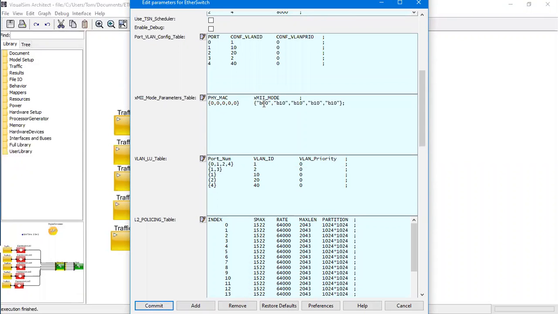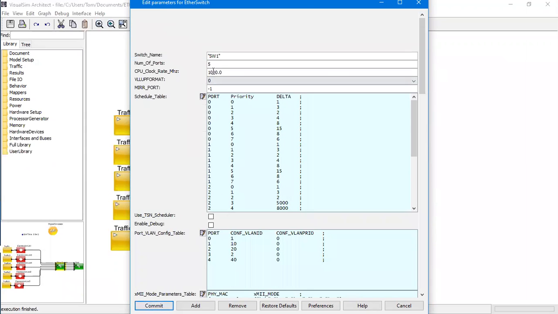Now let me put it back at 10. Then let me make the speed, let's say, 100 megahertz.